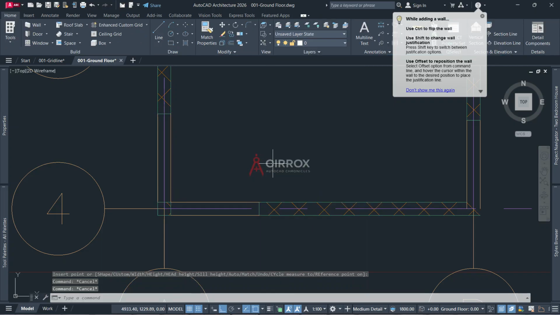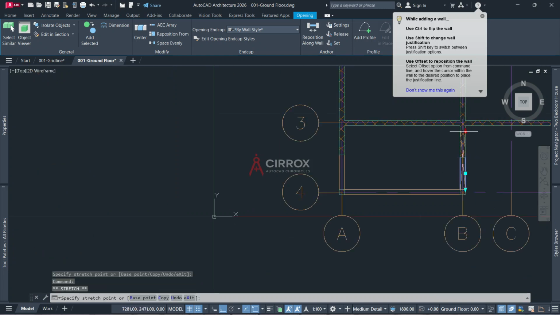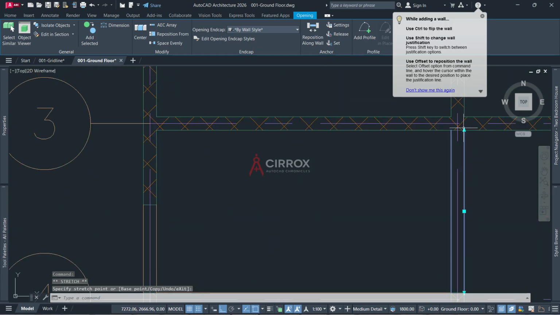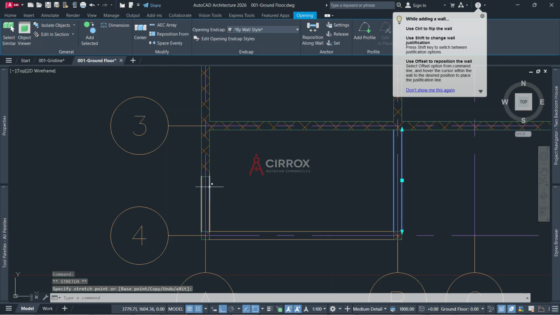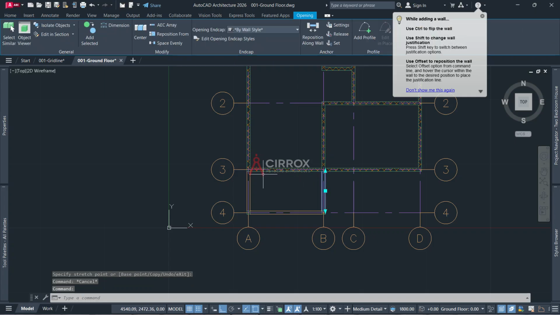So now all I need to do is click on this opening and stretch it to the place that I want it to be, and also stretch this to that place, and I also stretch this opening too, and I also stretch this opening too. Alright, so now that our openings have been created, let me just go to my